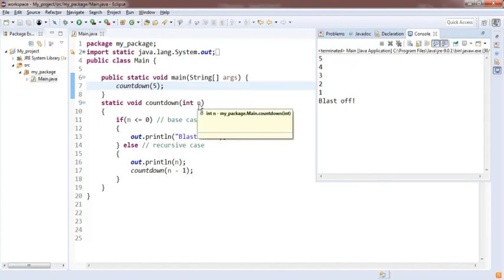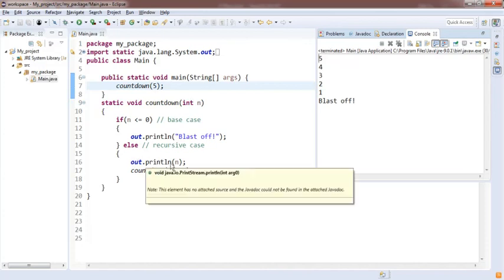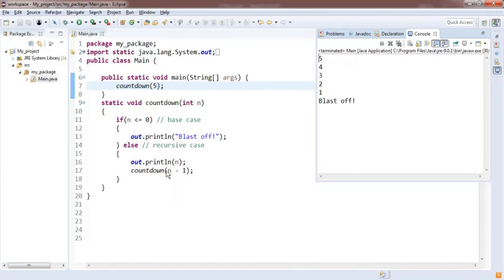Then we start executing the same code again. So 4 is not less than 0, so we go to the else part again, output 4, and then countdown 4 minus 1, which is 3. And the 3 is passed to this function itself. 3 is still not less than 0, so we go to the else part, output 3, and then countdown 3 minus 1, which is 2. And again, jump to the else part and output 2, and then countdown 2 minus 1,